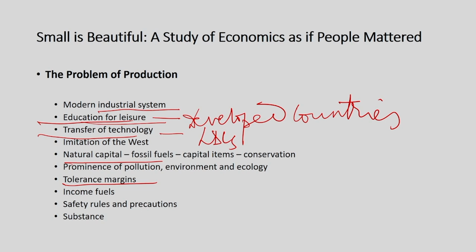It implies solving one problem by shifting it to another sphere, there to create an infinitely bigger problem. Okay? That future scientists and technologists will be able to devise safety rules and precautions of such perfection that using, transporting, processing and storing radioactive materials in ever increasing quantities will be made entirely safe. Also that it will be the task of politicians and social scientists to create a world society in which wars and civil disturbances can never happen. But if you look at this, all of us, we are engaged in such wars and civil disturbances. Again, it is a proposition to solve one problem simply by shifting it to another sphere, the sphere of everyday